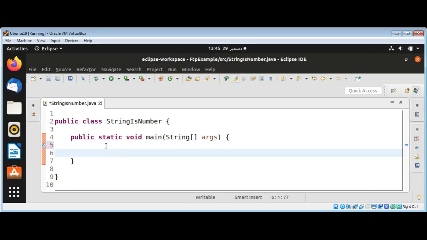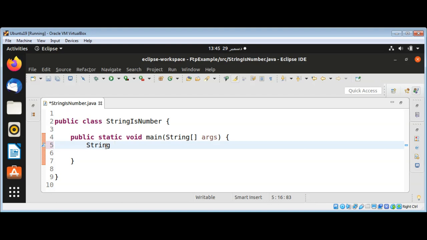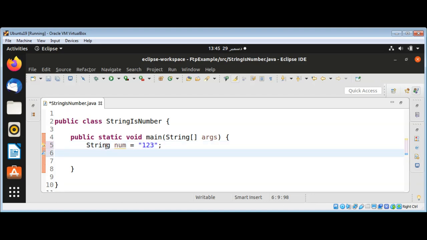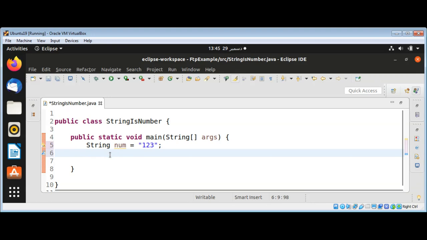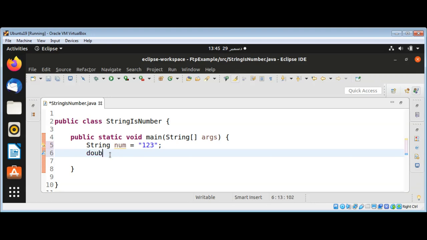In our main function, I will define a string and name it num and set its value to 1, 2, 3, but saved as a string, so we can check if this string contains a number. And then I will define a variable of type double and name it result,